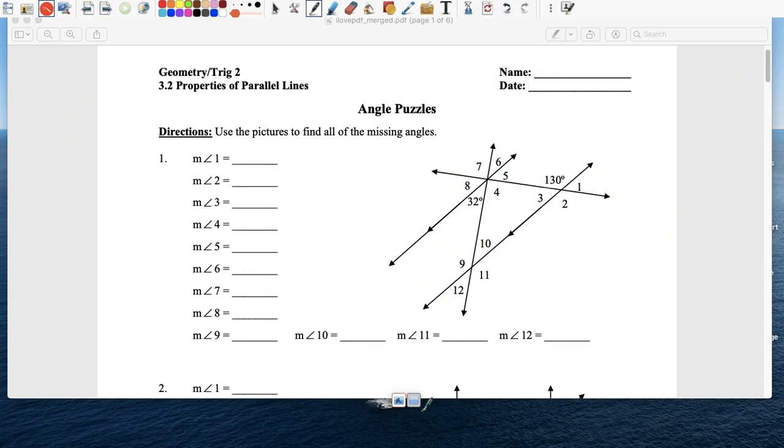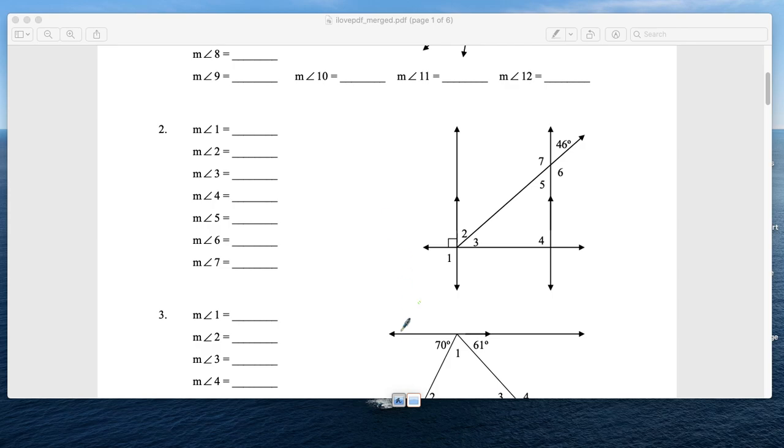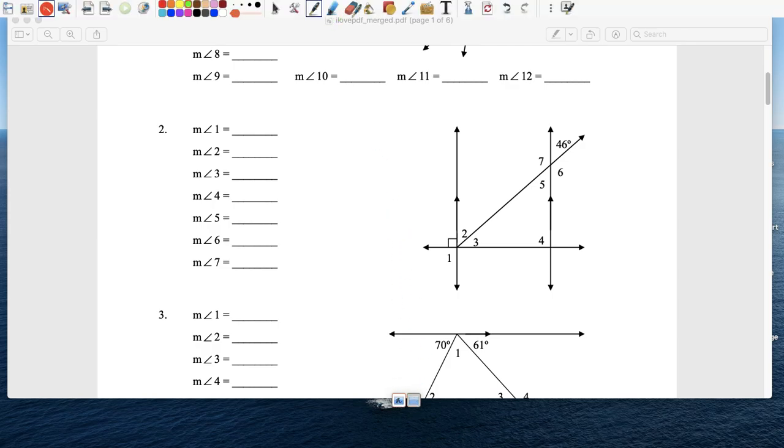Okay. This one, angle 1. Again, I think we did this in class as well, but this is 90 degrees, which makes this guy 90 degrees, which makes this guy 90 degrees, and makes angle 2 and 3 90 degrees combined. They're called complementary, but I don't know what they each are yet. So, again,